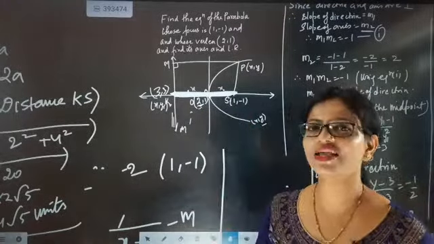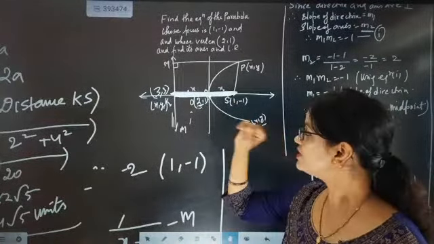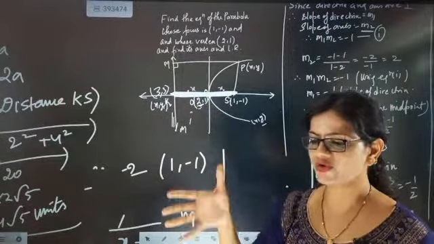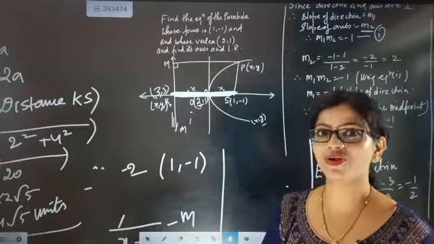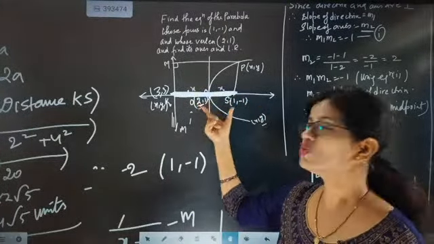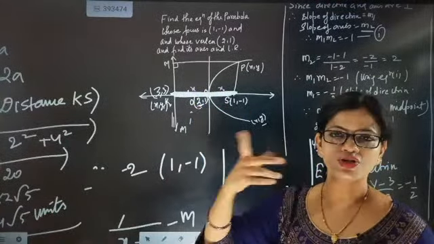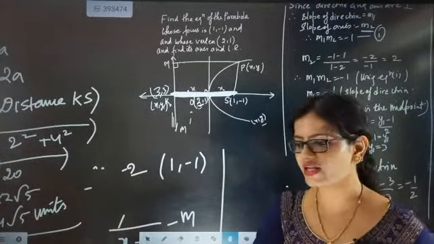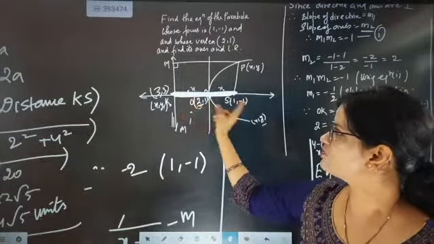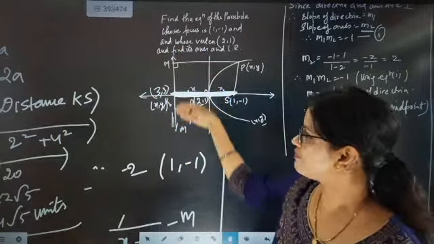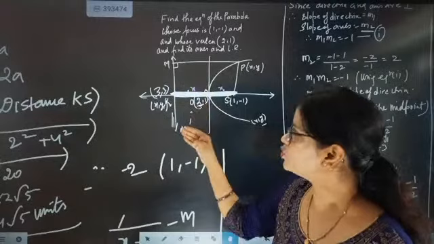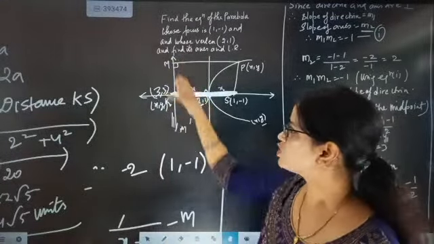What they played with us, they gave only the focus point. They didn't give the focus and vertex, only they gave, and they told us to get the full equation. So what we did is we also played this time with the question. First we got the slope, because these 2 points are there. So the equation of a line in 2-point form, slope we can get from there, y2 minus y1 by x2 minus x1. By that we got the slope of this line. Now this axis and directrix are perpendicular, so with the help of m1 into m2 equal to minus 1, we got the slope of the directrix.